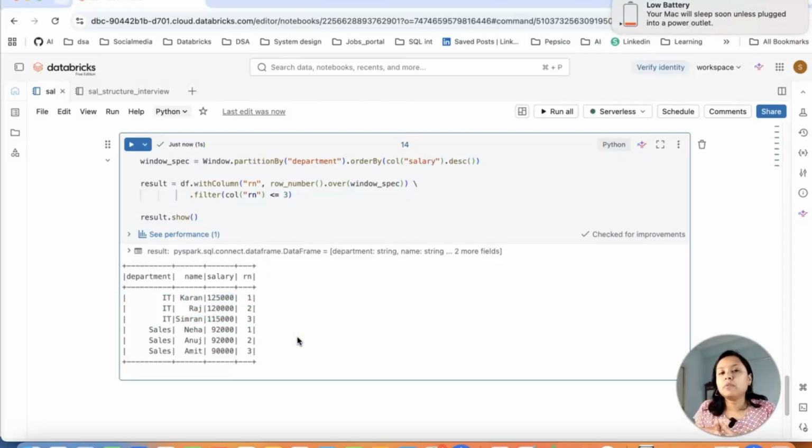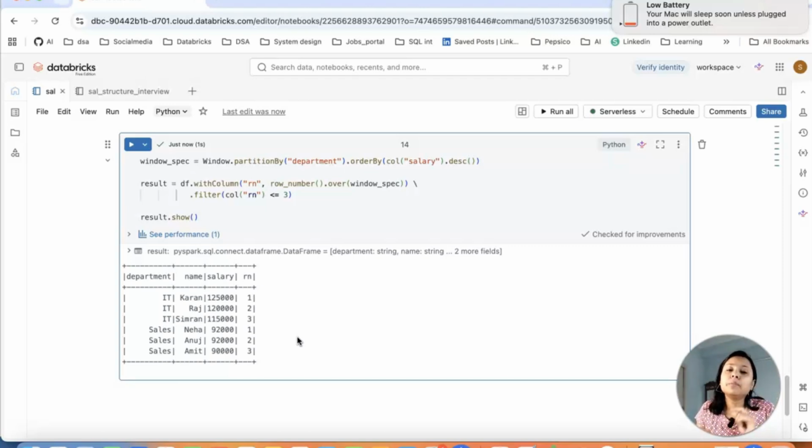You can solve the same question with the help of your maximum, but there will be a lot of steps. So in the interview, they will not ask you to do it with maximum salary, that is easy. But when you have to find, let's say, 5th salary or 10th salary, you cannot do that recursive way in such a long way. So it's better and easier to do it with the analytical function. So always remember what is a dense rank, what is a row number, and what is a rank, right? So these are analytical functions.